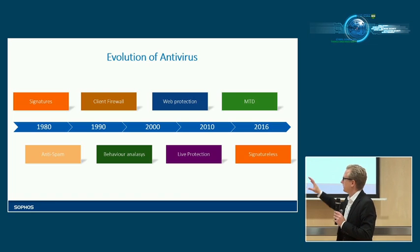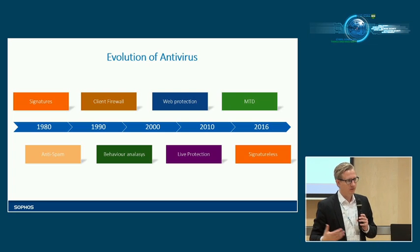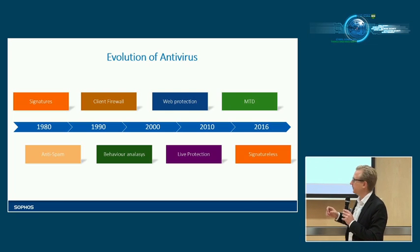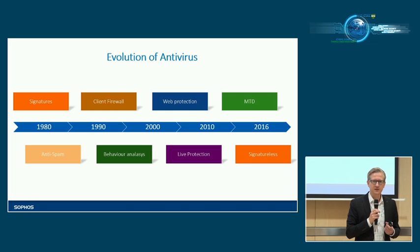So that was exciting times. Then, of course, we saw more and more threats coming from the web, so we added that. Live protection, which basically is a real-time protection. And another really exciting time for me was also when we introduced the malicious traffic detection, the MTD engine on